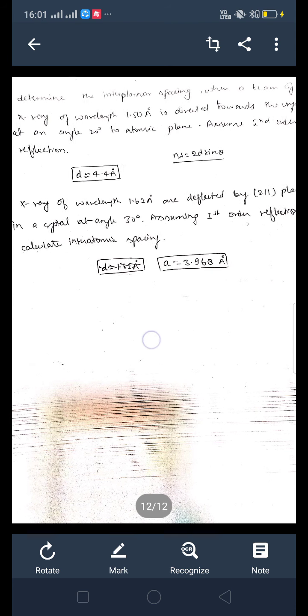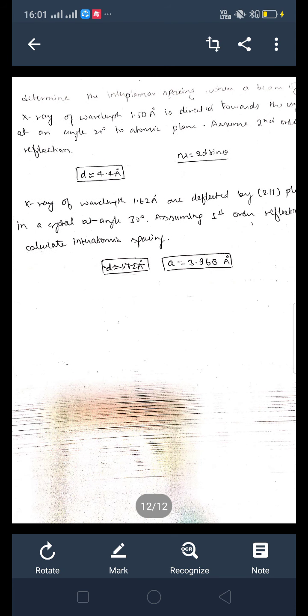Actually, some questions asked in the semester examination include: explain what you understand by Bragg's law, what is the principle of Bragg's law, and express the derivation. Express the formula of Bragg's law and attach a small numerical question, and the complete marks of that question will be 15 marks or 10 marks. So we have to study what Bragg's law is, what the advantages are, and how to get the expression of Bragg's law, then some numericals. So the first numerical is solved, and let's move to the second numerical.